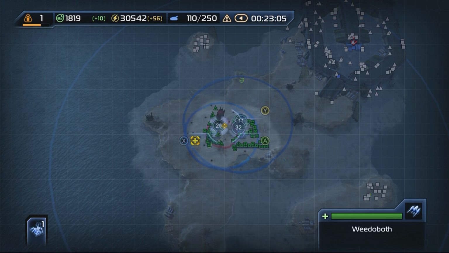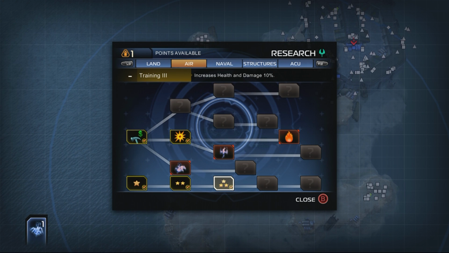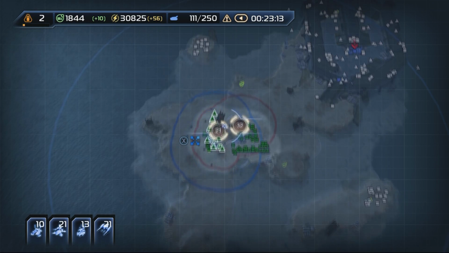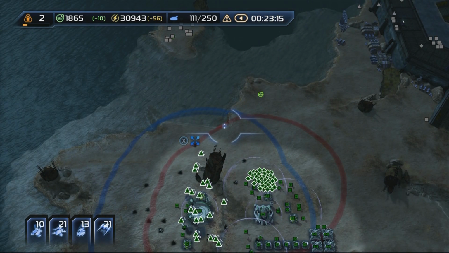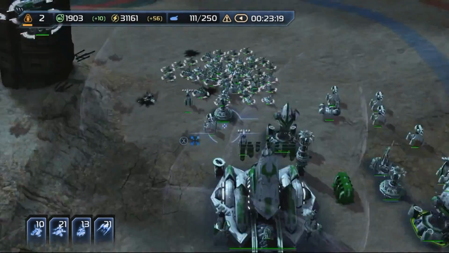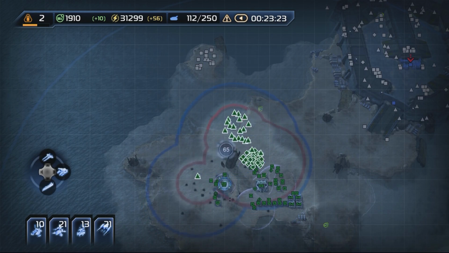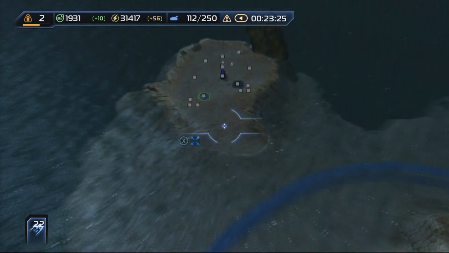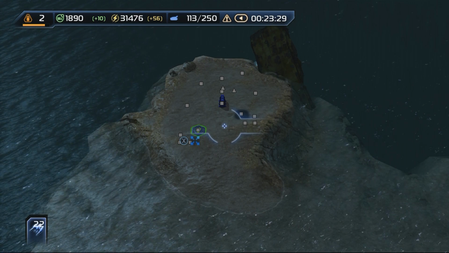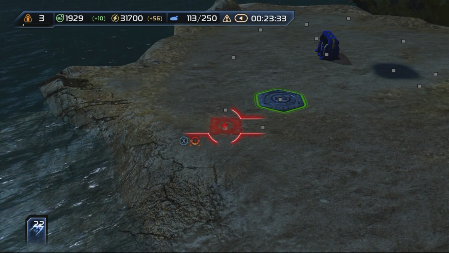Okay, so now I have training 3 for my air units and my land units. Now what we're gonna do is move here. Actually, I'm gonna keep the land force here, and I'm only gonna use my air units because I need the land units to defend the area. And I think I'm gonna go here. Now, I think I'll be fine because